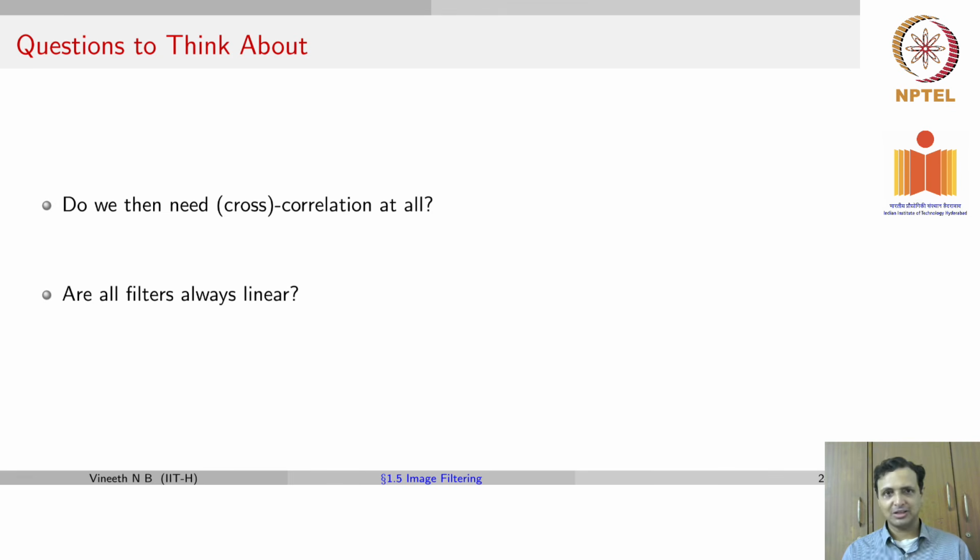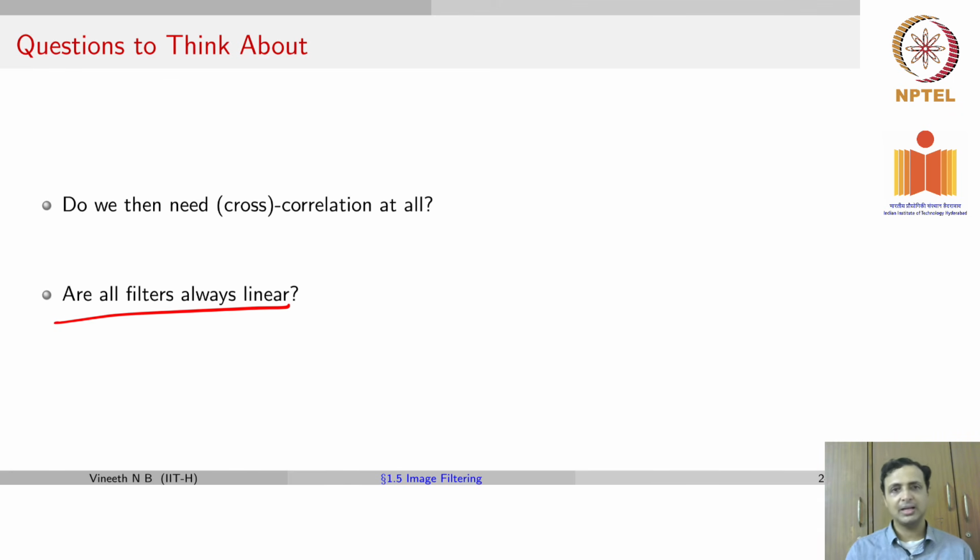So let's end this lecture with a couple of questions for you. We went from defining cross correlation, and said that it has a problem when you deal with an impulse signal, and then defined convolution. And then we talked about a few elegant properties that convolution has, which correlation does not have, and then gave a few examples. Now, one question that lingers is, do we need cross correlation at all? Can it be completely replaced by convolution in all kinds of applications? Think about it. We'll answer this in the next lecture, but please do spend some time thinking about it.